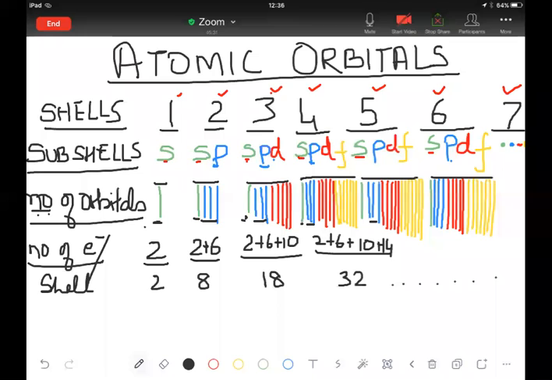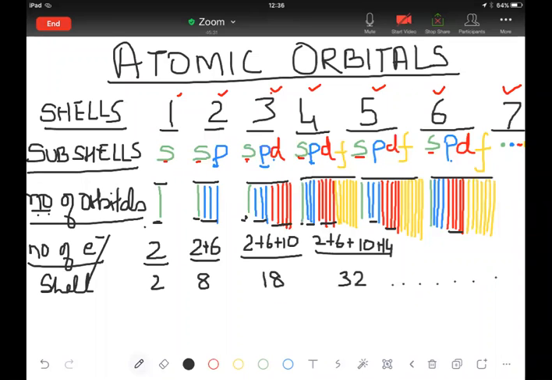Then the next, you can see, beginning from the third shell, I have a cluster of 5 red lines. All right. So these clusters of 5 red lines are indicating that they are the d orbitals, and each of these beginning from the third shell has these clusters. So if you go up to, let us say, the sixth shell, then it is made up of 4 subshells.